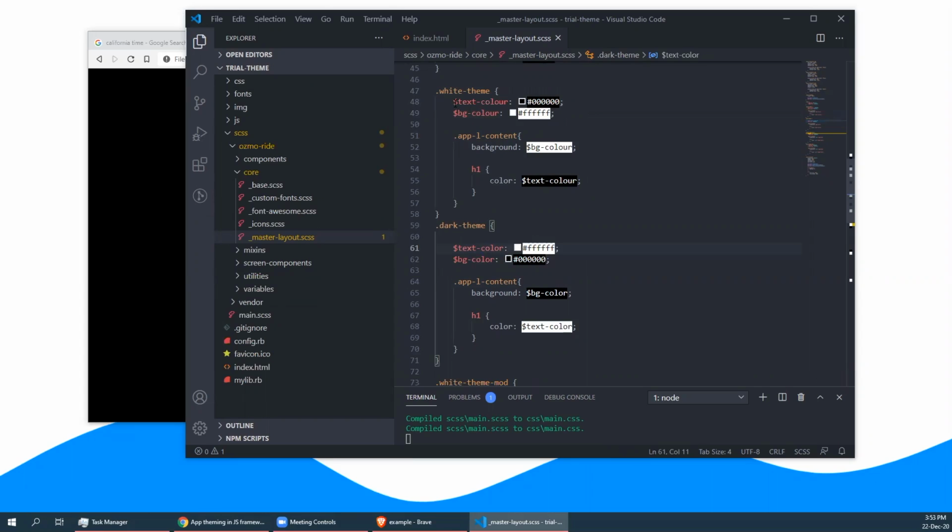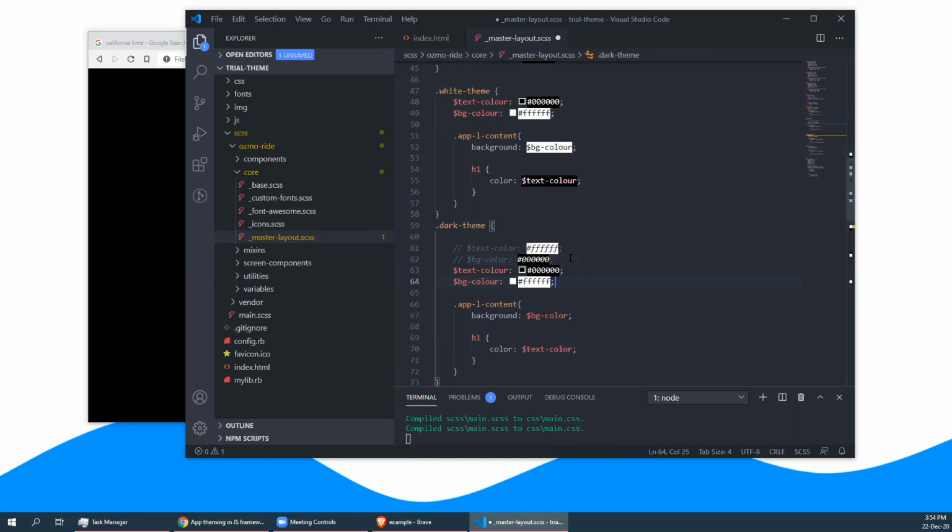So you might ask me, hey, why can't you use the same two variables within both the classes? Well, unfortunately, I'll show you how it works out. If you just copy these two variables from here, and I'll just comment this out, and I'll just use those two variables over here, and I'll try declaring new values. I'll just change the text value to white and the BG color to black, right? So what you may have observed right now is that it has got new values over here,